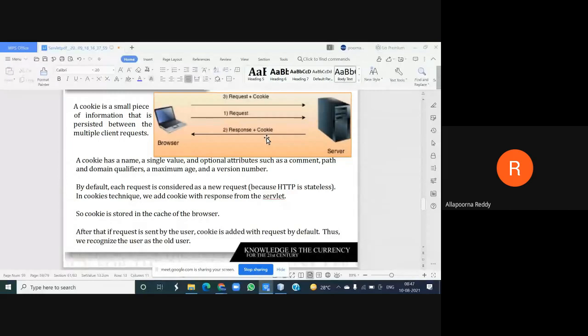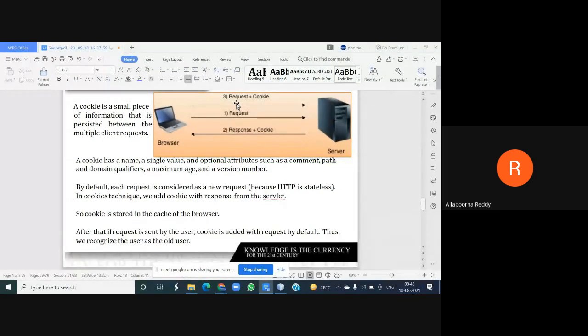Whenever the response you are getting back from the server provides some piece of information, where will that piece of information be stored? In your client machine, in your browser. With what storage are they maintaining it? A cache storage. Next time, as you go for step number three, when he is making a request a second time, it is not a new request. It becomes an old request, because already a cookie is with him.